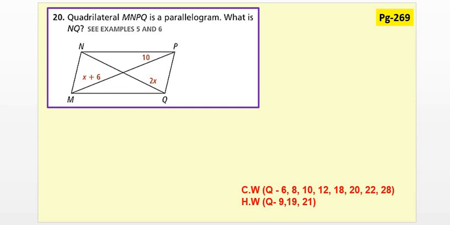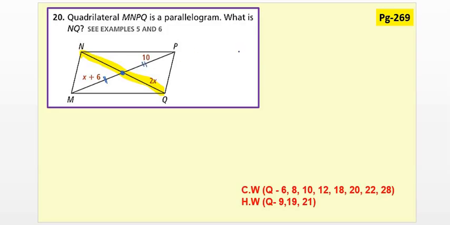What is NQ? Now where is NQ? Actually this line is NQ, so they want to know how long this NQ is. So first we should find the value of x. How can we make the equation? Because in a parallelogram this is the midpoint, that means this part will be